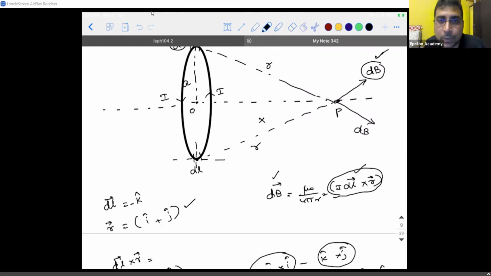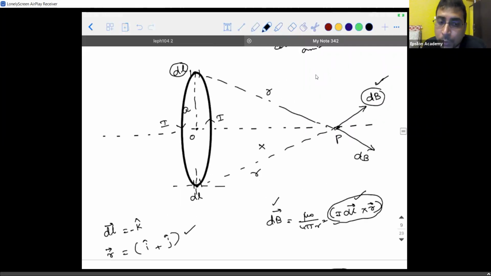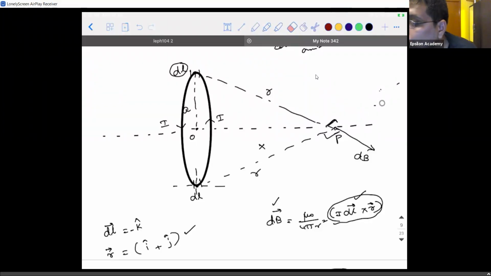Okay, this is the trickiest part with respect to this derivation. So what I want is, I want you people to try it again and see. Okay. And one important point to be noted is, whenever you're doing cross product between two vectors, the resultant, that is dB, will always be perpendicular to both the vectors for which you're doing the cross product. Means R vector and dB vector are perpendicular. Similarly, this and this are perpendicular. So you need to ensure that your diagram is clean. Okay, I'm going to take a perpendicular direction and draw it like this, dB. Similarly, here also, you need to write this as dB. I hope I'm clear, guys.